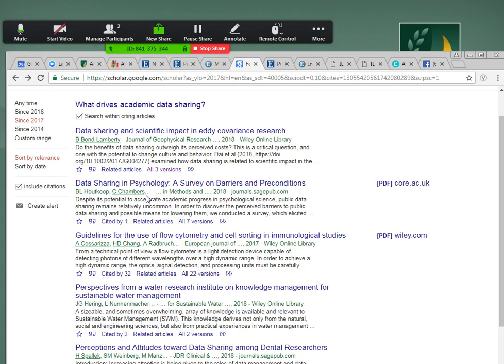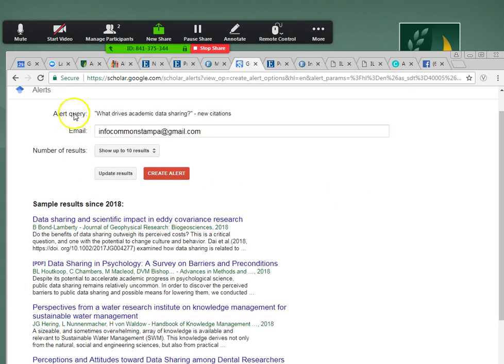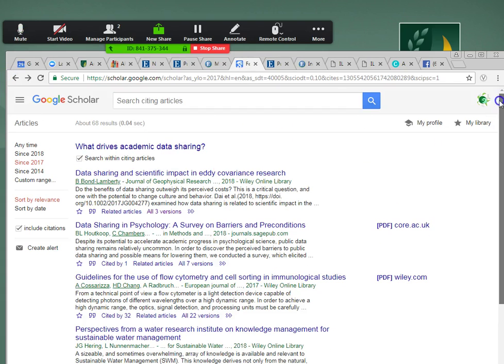Now, this is one of the really great things that you can do: you can create an alert. This means while you're sleeping, Google Scholar can be working for you. My alert query here is what drives academic data sharing, and anything that cites this, because I was searching for an article. Any new thing that cites this, I want it sent to my email to let me know about it. You can also change it into